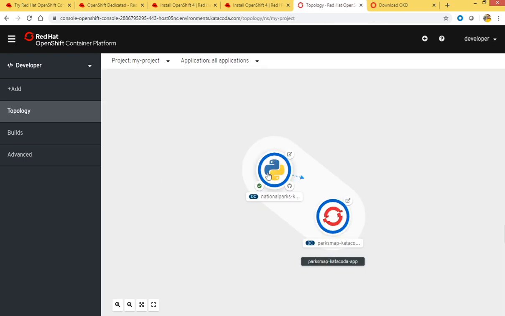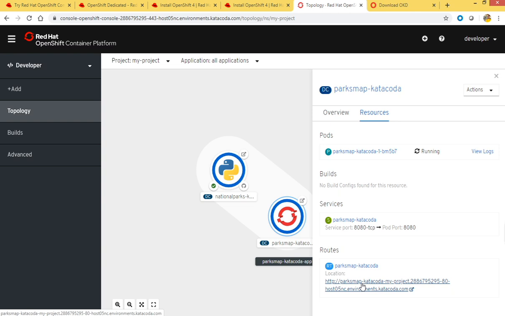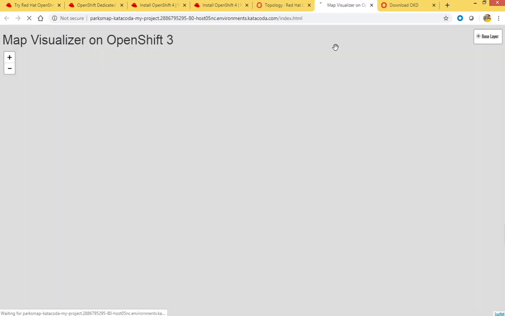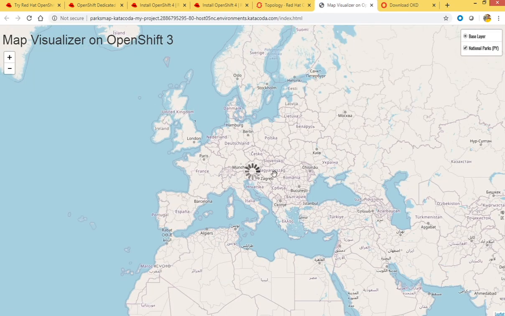So now in the topology we can see that it has been deployed. Now if we click on our front end and click on this map visualizer here,